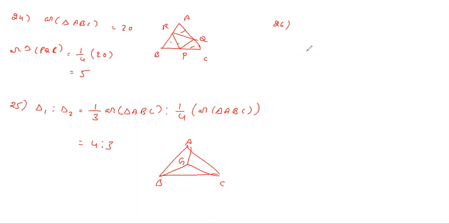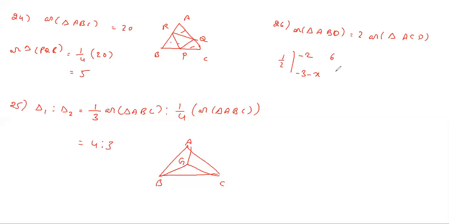ABCD are the vertices of a quadrilateral such that area of triangle ABD is equal to 2 times area of triangle ACD. This is also easy. Triangle ABD area equals 2 times the area of triangle ACD. Half modulus area of triangle ABD: x1 minus x2, minus 3 plus 1, minus 2, y1 minus y2, 4 minus or minus 2, 6, x1 minus x3, minus 3 minus x, y1 minus y3.